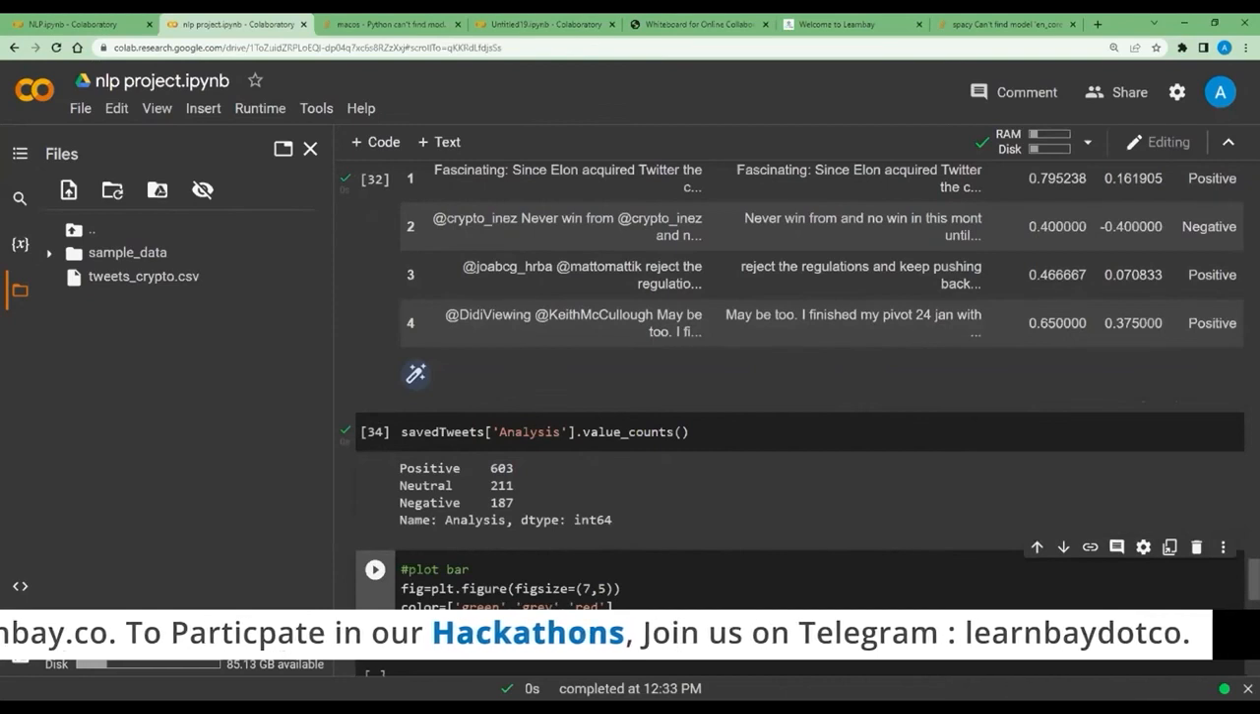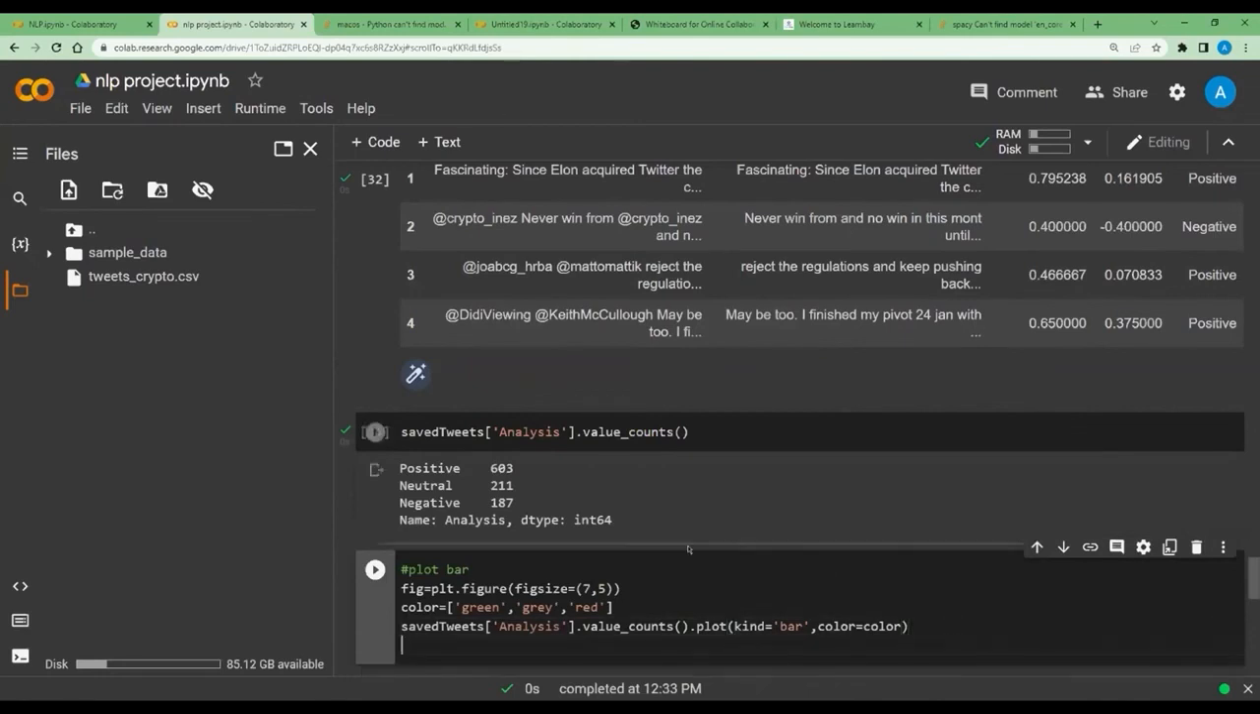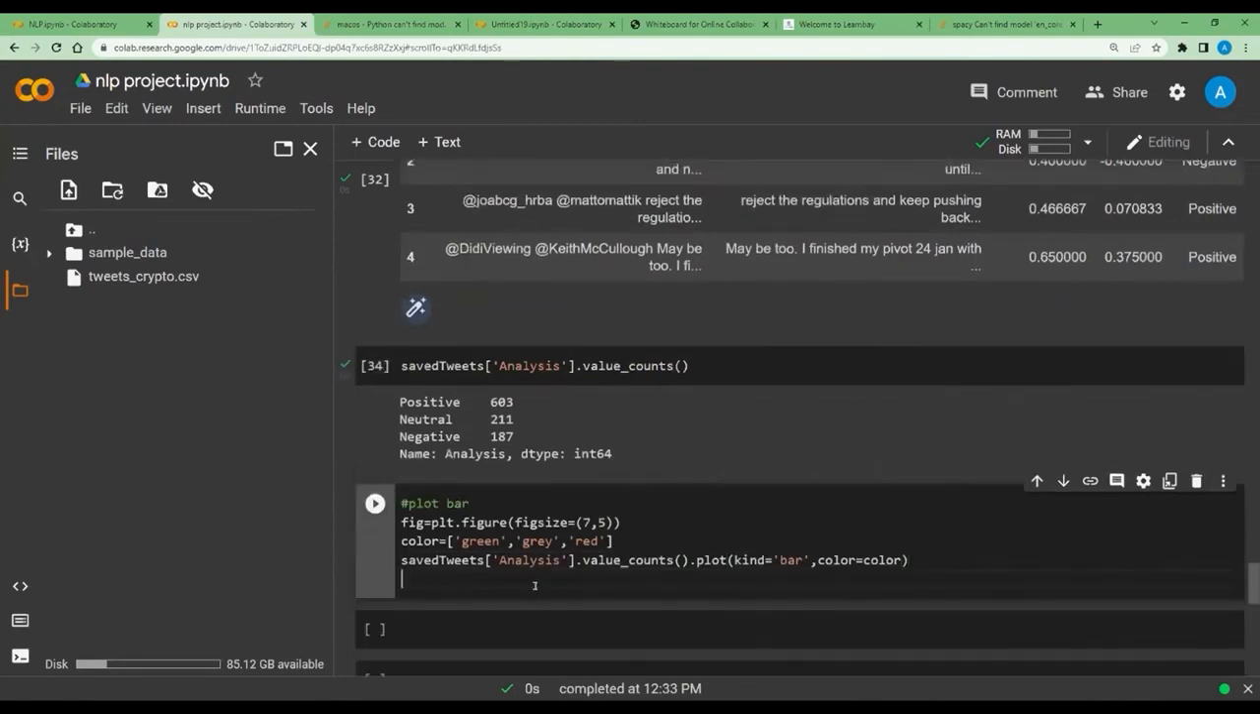So value counts, and then we need to plot this. And what kind of plot we want? So need to mention that bar plot is what we want, and the color combination we already have. We have already created a color list, so we want this color combination, right? Done. We are mostly done. Let's plot that directly, and let's beautify it after that. Okay, so plt.show. Let's see how it looks like,